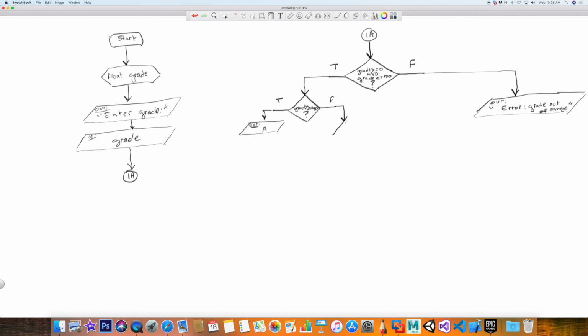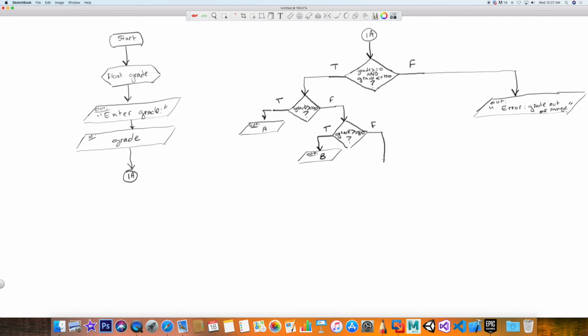You're going to have to evaluate, is grade greater or equal to 80? If it's true, then you will print right here, out, B. If it's false,